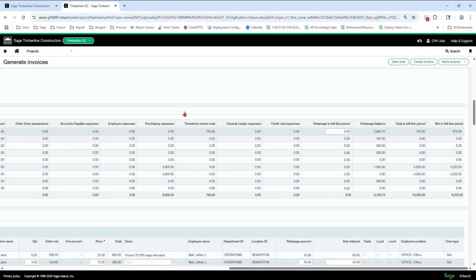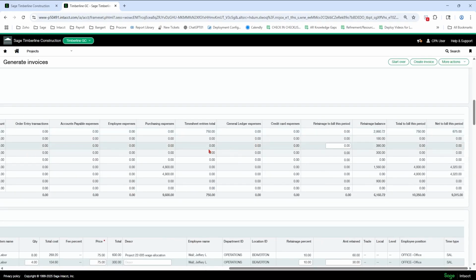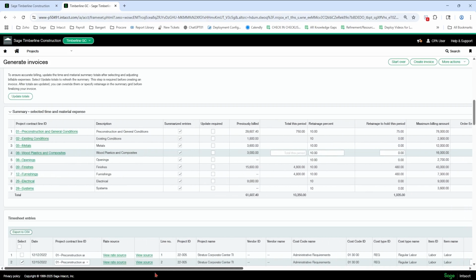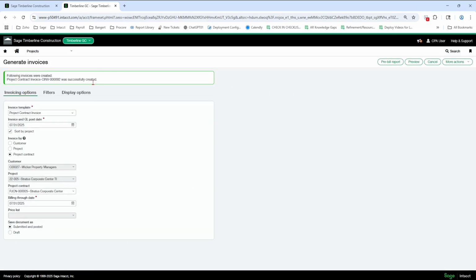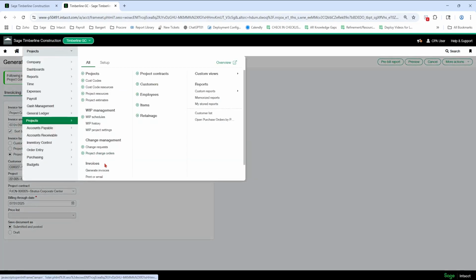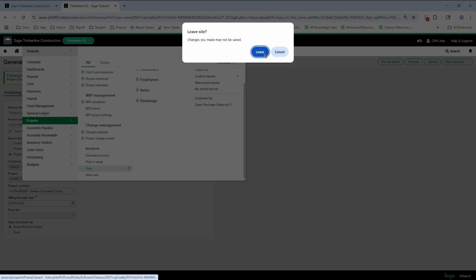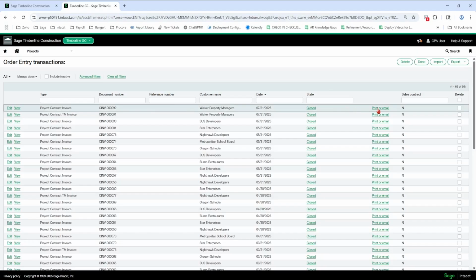Okay, and these are just summaries. You can see I can't do anything there. Can change if I want to bill retainage though, right there. So I'm going to hit create invoice. Now let's go look at number 92. I'm going to print or email it here to view it on the AIA form.